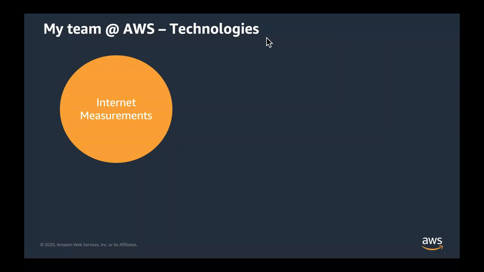But yeah, internet environments, we do 3 types of internet environments. We have synthetic environments going from our regions and POPs towards customer destinations on the internet. We have similar kind of synthetic environments coming into our regions and POPs. We also have passive environments where we look at other services and what they are seeing. So something like S3 or CloudFront, and look at TCP socket parameters to see if all of a sudden they're